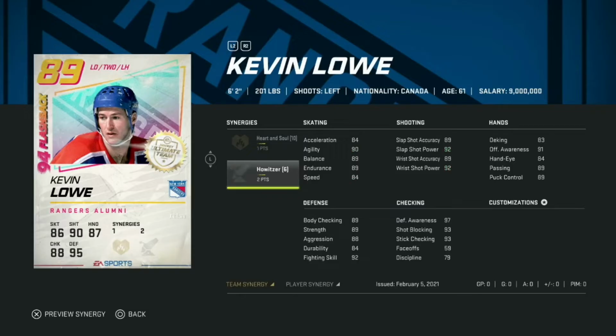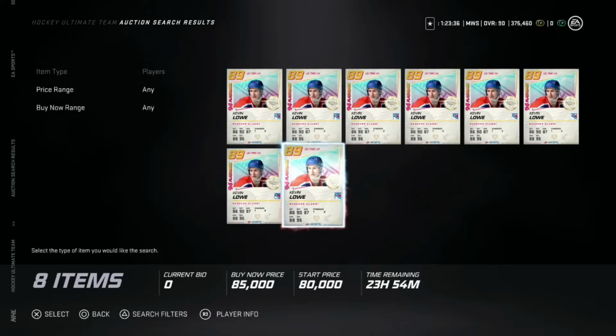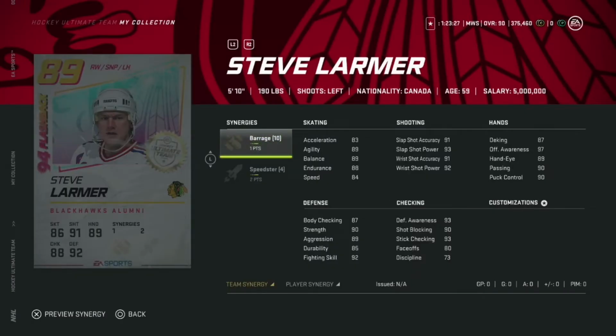Because, yeah, if this card's below 100K, even below 90, I think you should go after it. Next up, we have the 89 Steve Larmer. 1 to Barrage, 2 to Speedster. Yeah, even if you get Spark, 87 acceleration, I feel like it's a good card, like great shooting, but the speed,